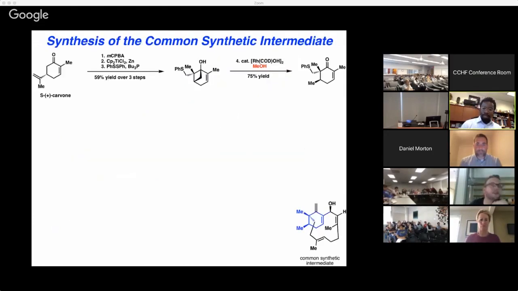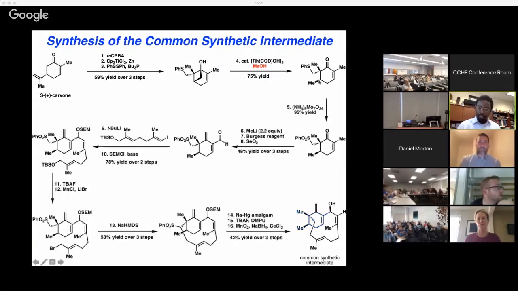And so in that way, we can achieve a rearrangement of that particular skeleton, where we subsume this isopropenyl group into the ring and release this methylene as a methyl group through 4 steps to arrive at this compound that I show here on the right, via the intermediacy, of course, of the cyclobutanol, through the process that I just showed on the previous slide. Following a sequence of steps described here, which I won't go through in detail, we could prepare our common synthetic intermediate in a total of